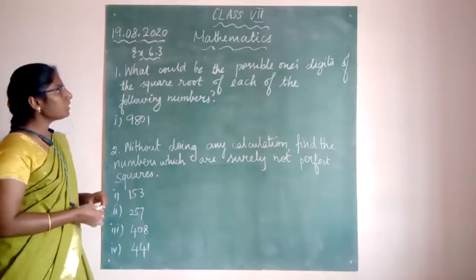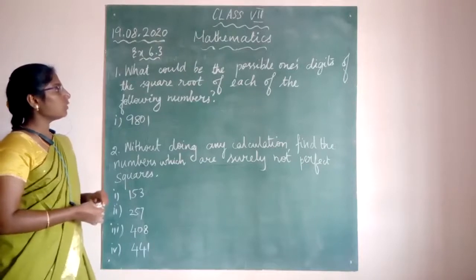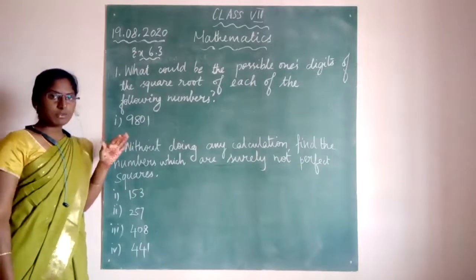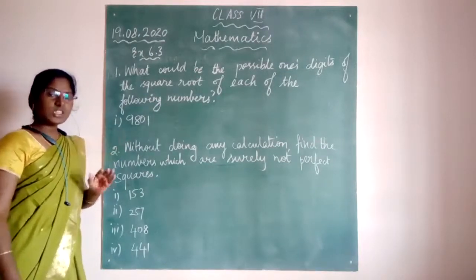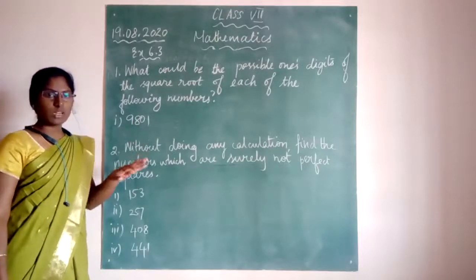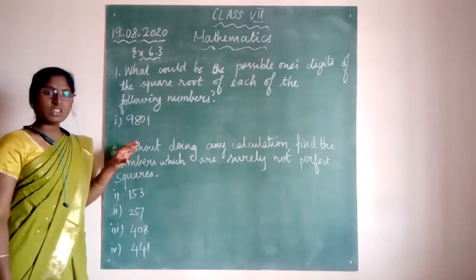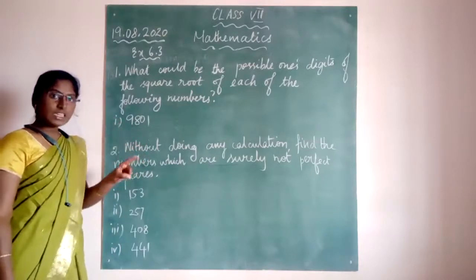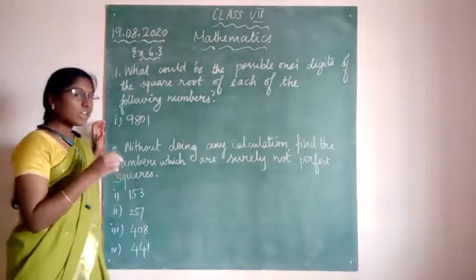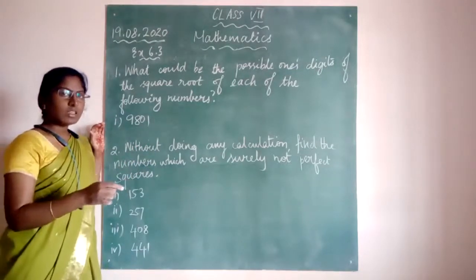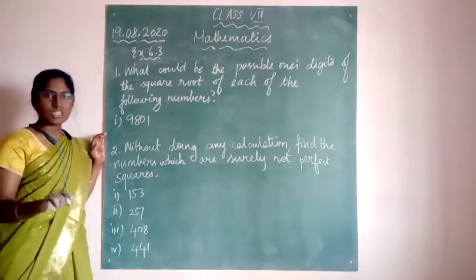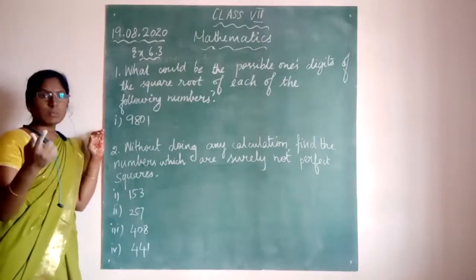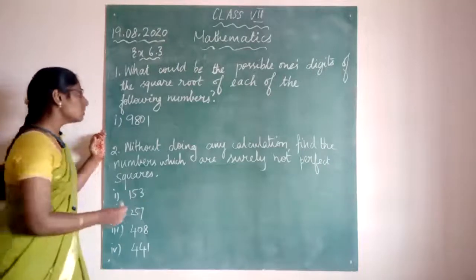6.3, first question: what could be the possible ones digit of the square root of each of the following numbers? I'll do the first one for you. 9801 is given. Okay, so we have to find what will be the number in the ones digit in the square root of 9801. Okay, so if a square number is ending with 1, then it may have either 1 or 9 in its square root. Yes or no? We have already learnt this in the first exercise itself. Okay, we know that 1 square is 1, 2 square is 4, 3 square is 9, like that. For only 1 and 9, the square number ends with 1. Yes or no? So here also you will have